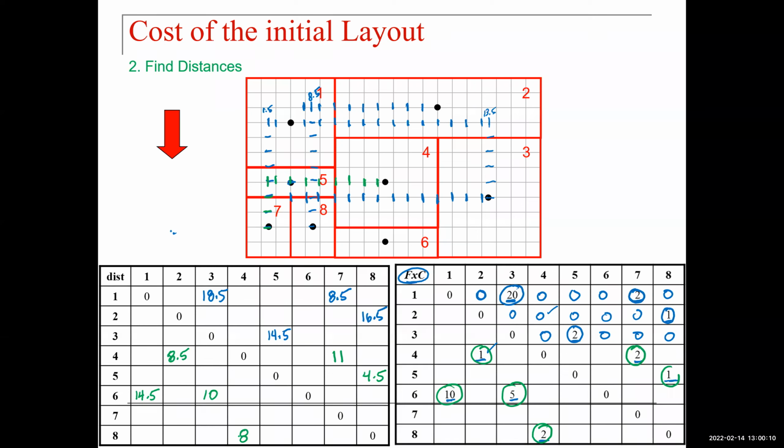Okay, so that's the distance table. So you start with looking at the centroids, finding the centroids. Now you compute the distances from those departments in which you have an existing flow. So you compute the distances and you tabulate that information into this distance matrix. So now that we have this,